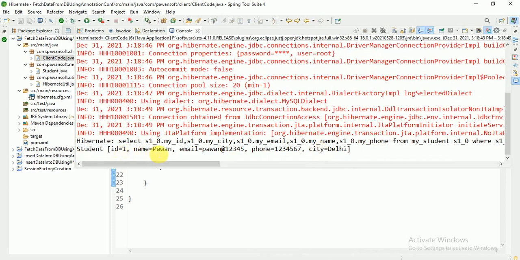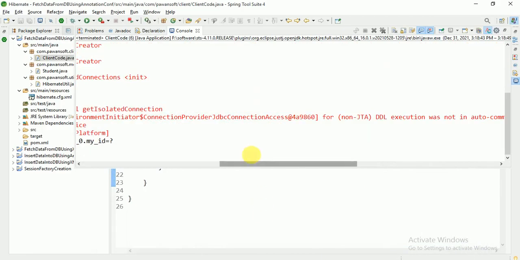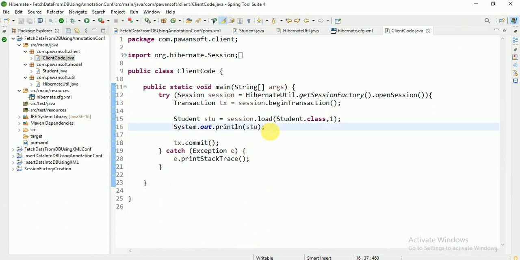If you see Pawan, 1 2 3 4 5 6 and Delhi. If you go here and see, the city is Delhi and the name is Pawan, phone number 1 2 3 4 5 6, ID 1, right? So it's printing successfully. So this is all about this project, to fetch the data from the database.